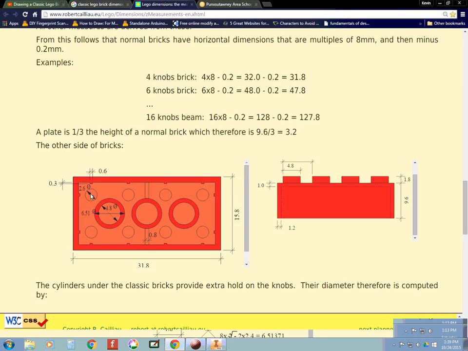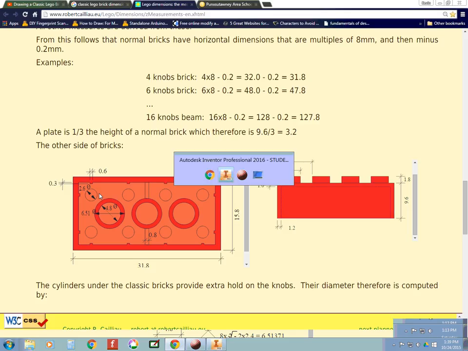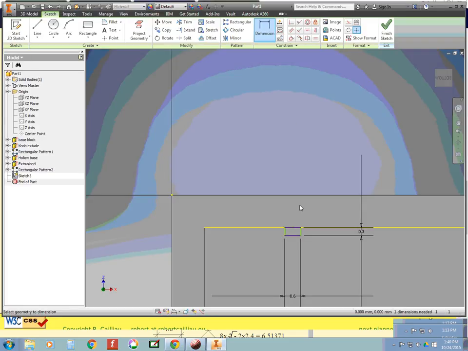Okay, so you have to figure this dimension out. The center of this rectangle lies on the center of that knob. So the distance from the outside to the center of this rectangle would once again be that 8 millimeters minus 0.1, so it's going to be 7.9 divided by 2 to the center of that. So let's see if we can figure this out. The dimension from the outside here to this line is going to be, we're going to put parentheses in here, it's 7.9